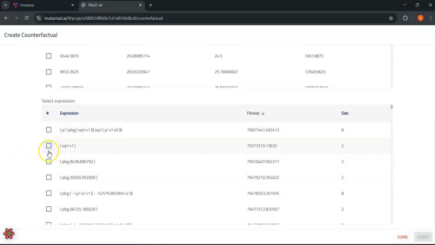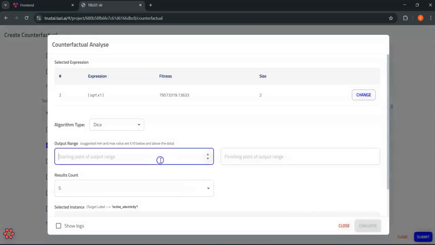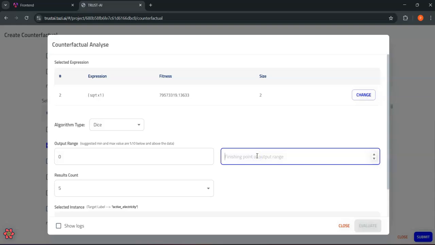We select the expression on which we want the counterfactual to be generated, and we just submit it, and we set the output range, which I am setting 0 to 15,000 over here. It can be on another range also.